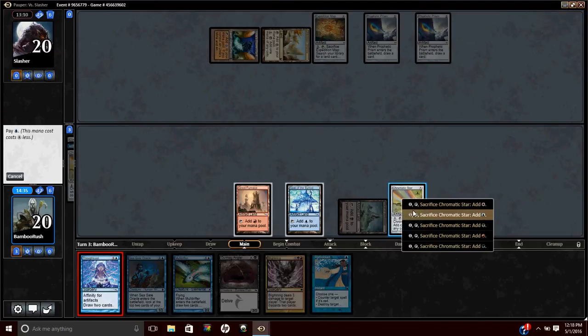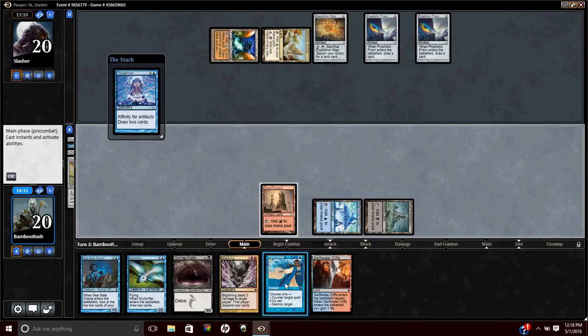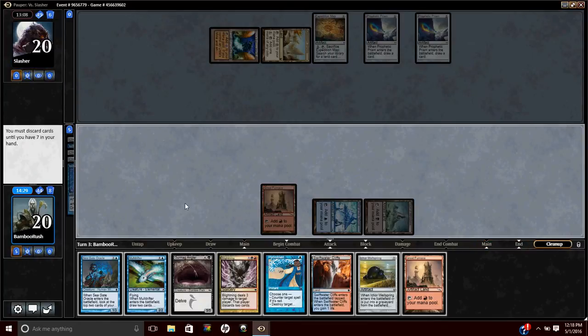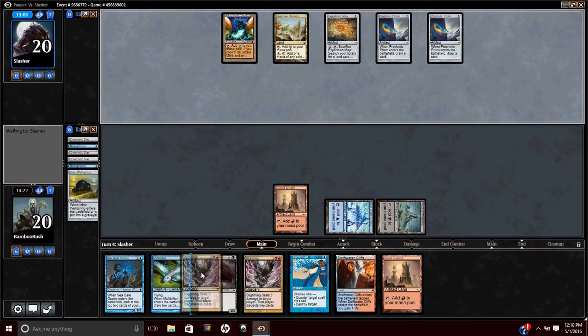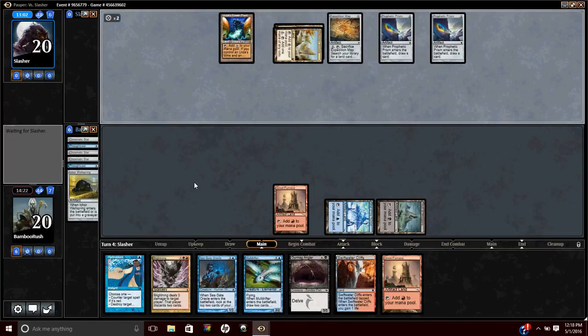I think we can break this as well. Nah, I should have left it so I could have left up Hydroblast. Alright, we have to pitch again. We're getting very close to Gurmag, by the way. I think I'll pitch Ichor Wellspring. Not doing a ton. Very low impact card if you don't have...